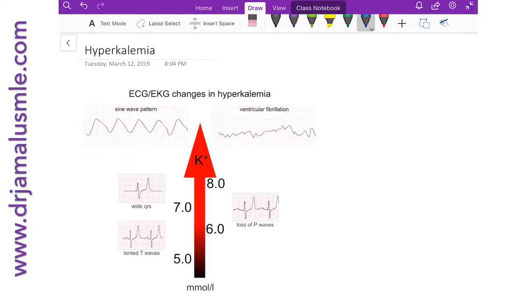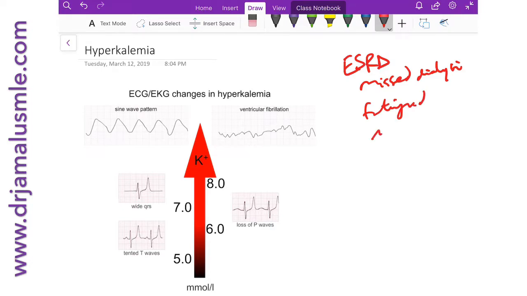Welcome to our lecture today about hyperkalemia. Hyperkalemia is seen very frequently in the hospital, and usually patients present to the ER with vague symptoms. Always think about it when you have a patient who has end-stage renal disease, missed dialysis, and patients usually tell you, I'm either fatigued, tired, muscle cramps,